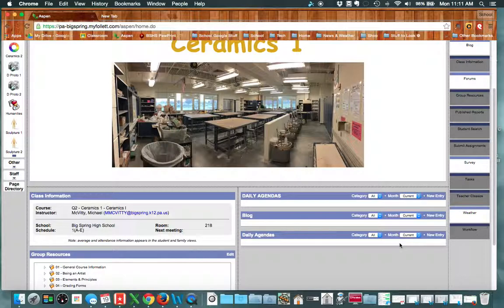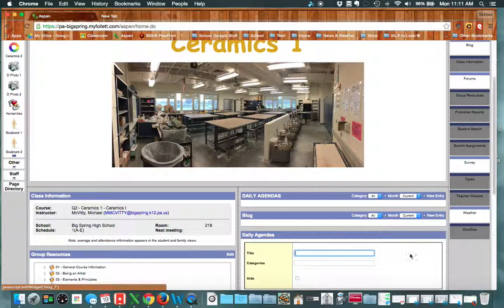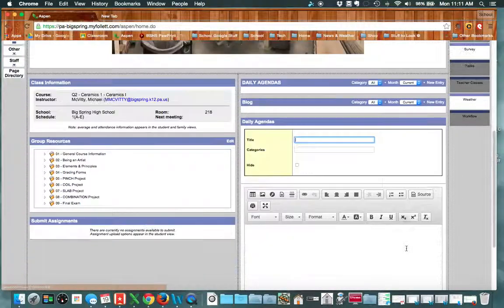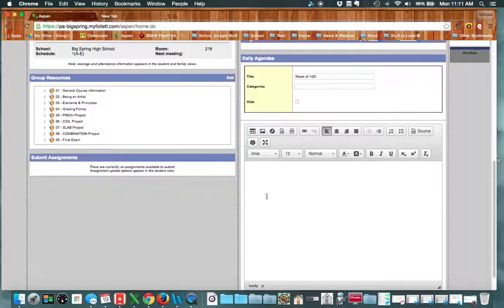And then what I ended up doing for a while, and I've done it this way, and I've done it the next way I'm going to show you as well, I can simply say that this is going to be the agenda for the week of, this would be 120. I can put categories in it if I want. I really don't care about categories. And then all I simply do